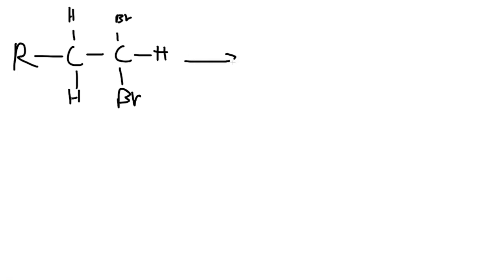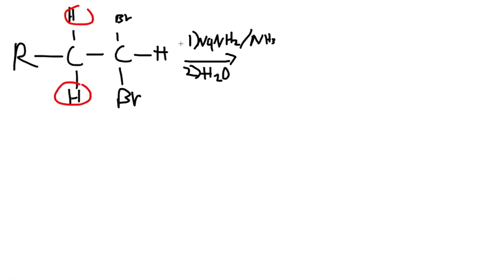And this is reacting with the reagents that I have just said, NaNH2, NH3, and also water. From here, what you want to do for our products is remove all of the hydrogens and also remove the Br, okay? And when we do this, you would have the formation of a triple bond,